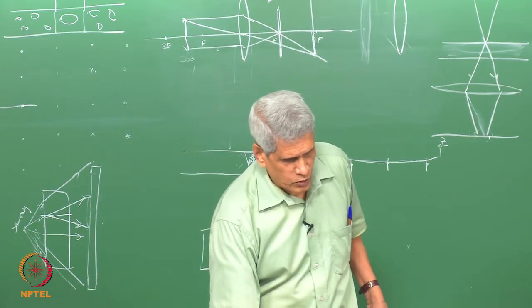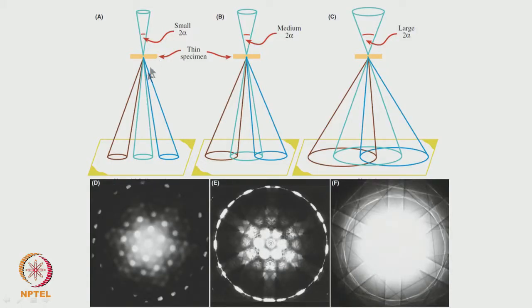So if you look at the spots which are corresponding to it, when the convergent angle is small, we will be getting a pattern like this, and now you see some pattern which corresponds to the first order. Then if we increase the angle of convergence, here they are almost touching each other, this is the way the convergent diffraction pattern will look like. If we make it all overlap, this is the sort of a pattern. All these various types of patterns are used to find out point group and space group symmetry.